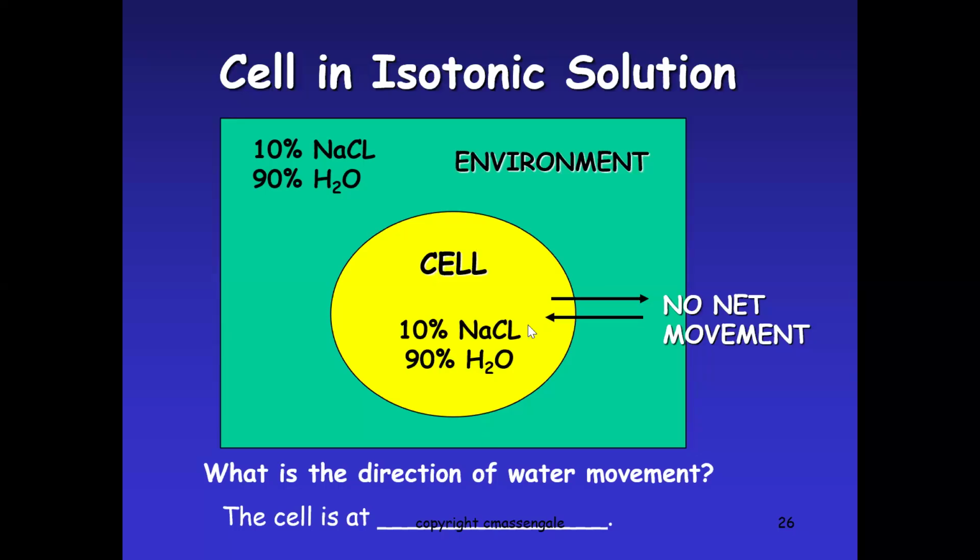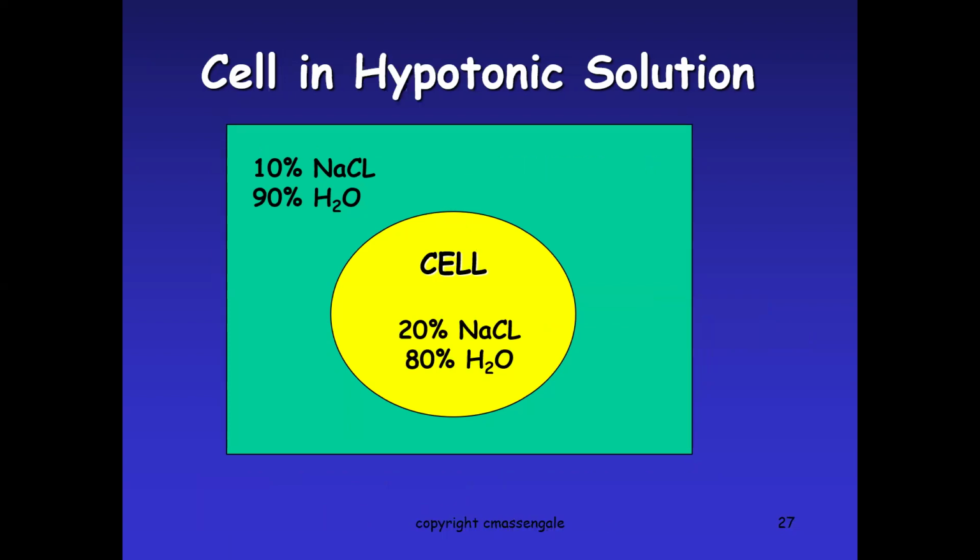So now, if you look at this, you will understand that in this case, the concentration of sodium chloride and water molecules are the same in the cell and outside the cell. And that is why there is no movement. So they are at equilibrium, they are equal. Then now, in the case of